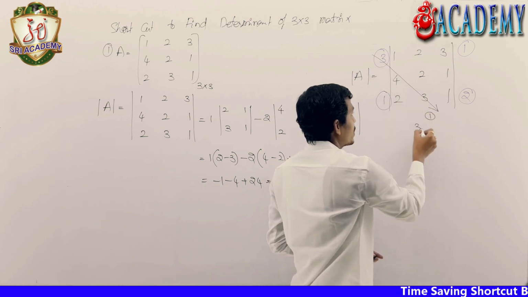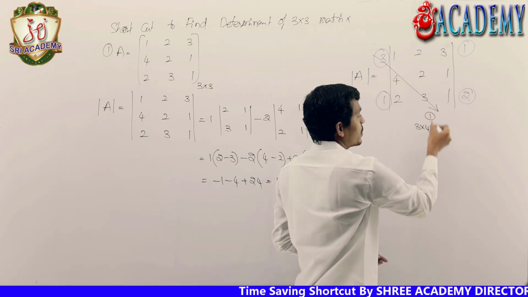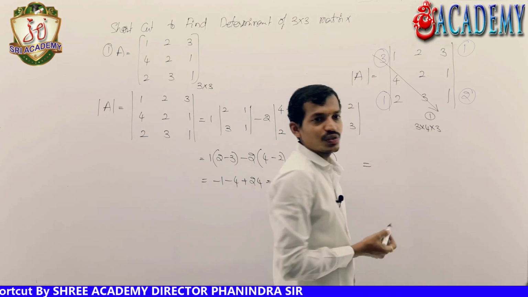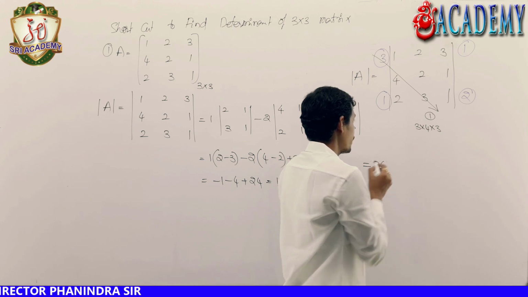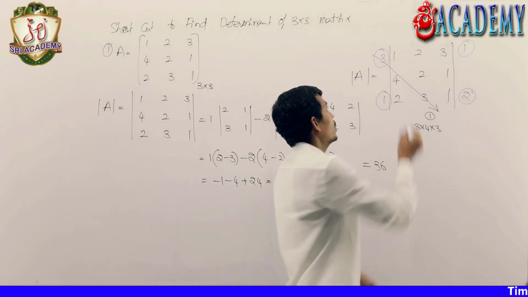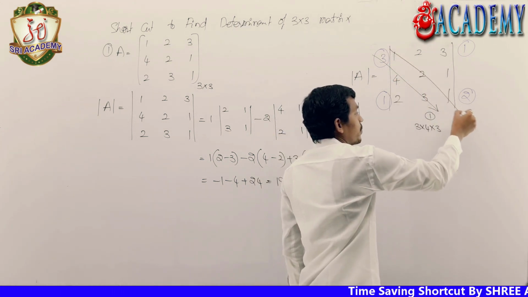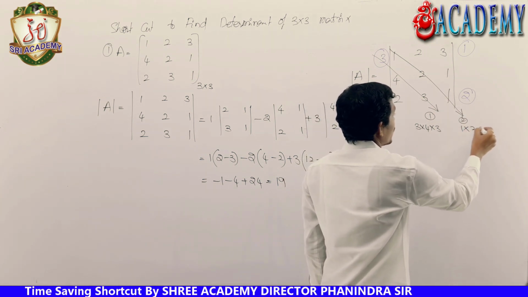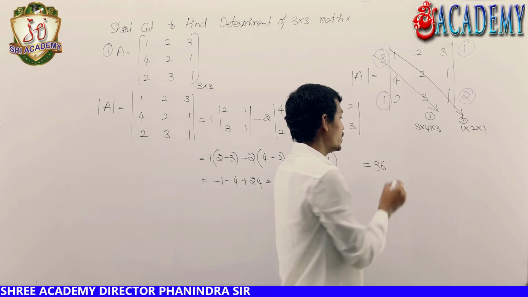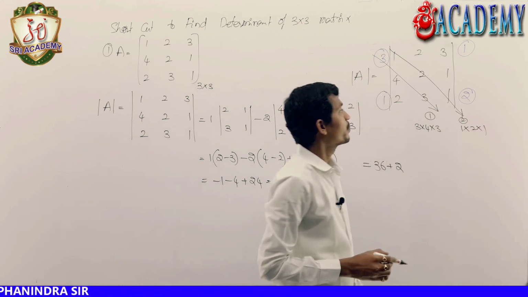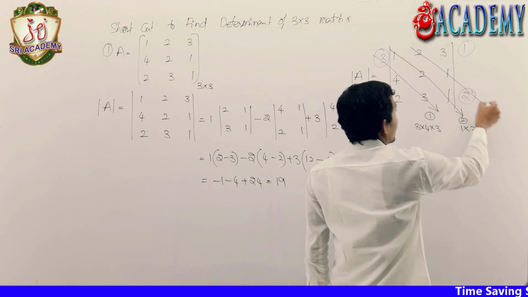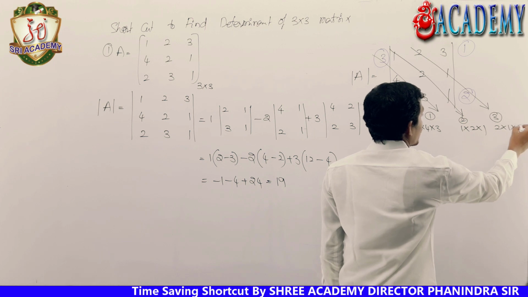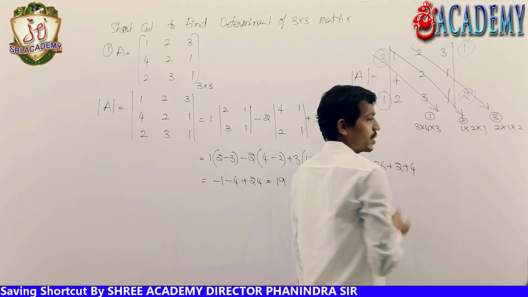If you multiply 3 into 4 into 3, what do you get? 12 threes are 36. Next, I treat this as equation 2: 1 into 2 into 1, that is 2. Next, one more, equation number 3: 2 into 1 into 2, that is 4.